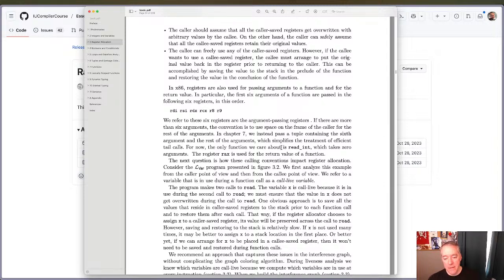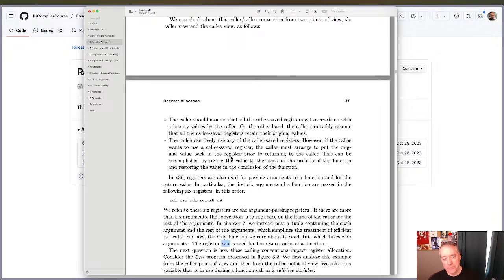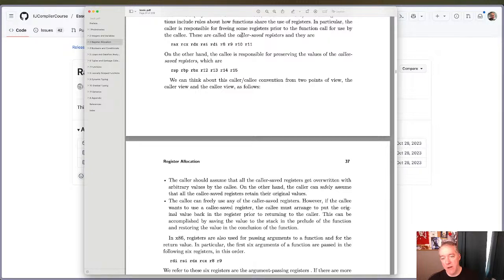So, readInt takes 0 arguments. It returns the value in RAX. Note that RAX is caller saved. And that's largely because in this case, you expect the return value of a function